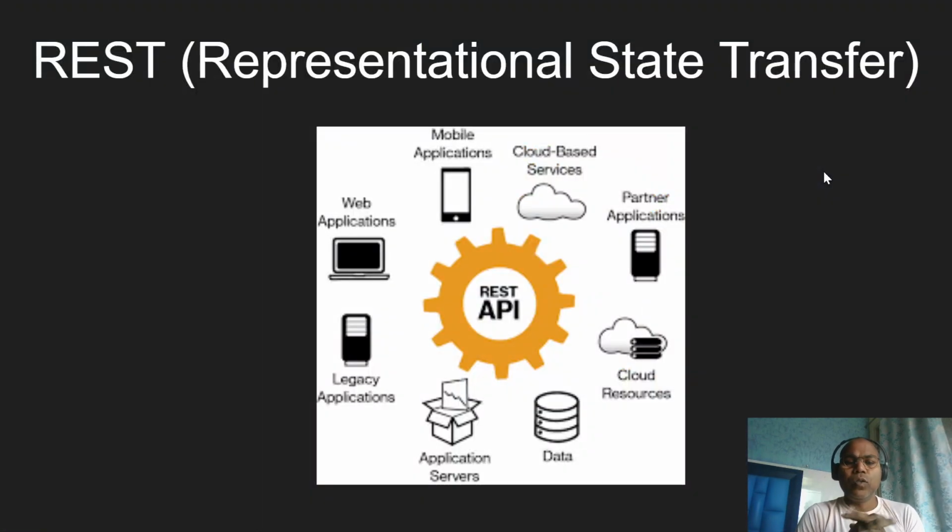Okay. Today, let's talk about how we can develop the API. Basically, REST API. We are going to talk about REST API, which nowadays you can say is very commonly used as an